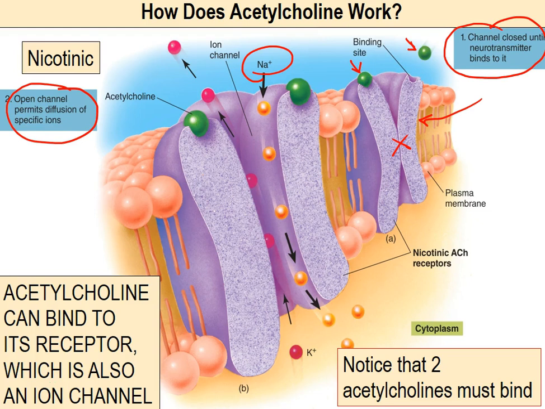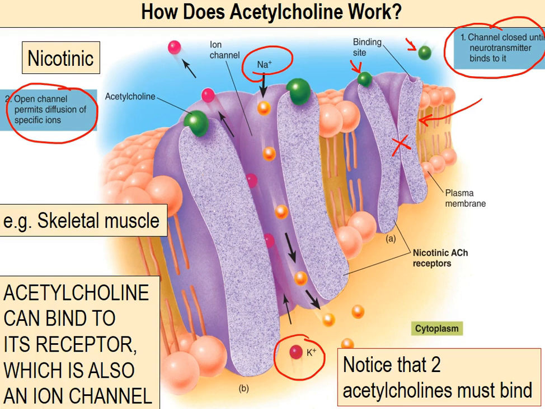And you can also see that some potassium leaves, but primarily what is important is that sodium is entering the muscle cell or postsynaptic neuron. So in this case, acetylcholine binds to a receptor that's also the ion channel. But